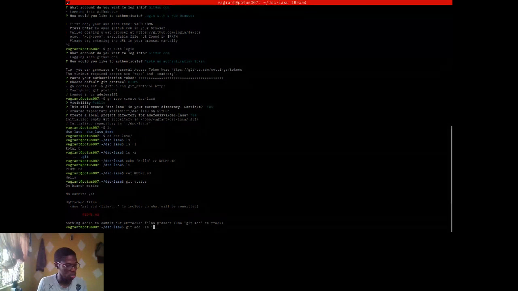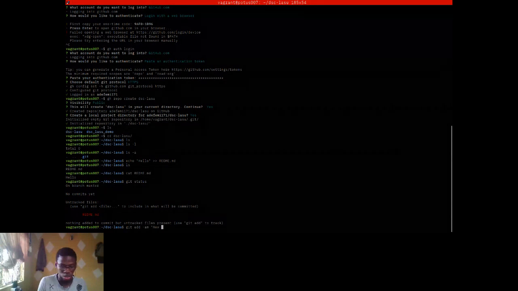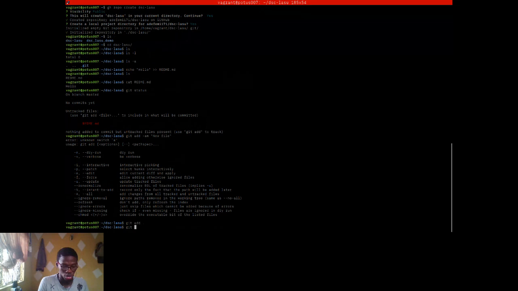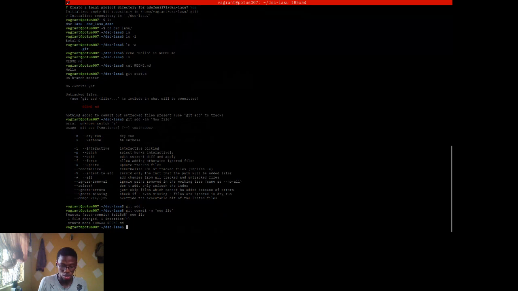So let me git add and commit and write the commit message. Git add dot. So I've added the file and I've created the commit message. The next thing for me to do is to push this particular file to my GitHub repository. So how do I actually push this? Like I said, I've created a repository already. So what I just have to do is run the command git push